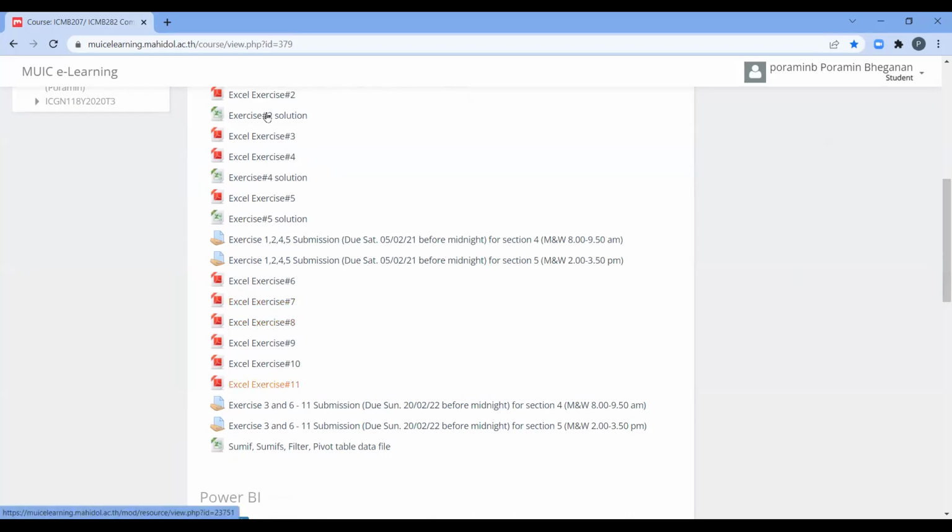And also exercise number 3. Last time we couldn't do that because we hadn't studied HLOOKUP yet. Right now you can do it. So please do exercise 3 and 6 to 11